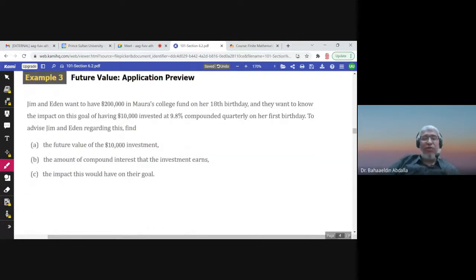Jim and Eden want to have $200,000 in Mora's college fund on her 18th birthday. So this is the future value they want to have. And they want to know the impact on this goal of having 10,000. So if they invest 10,000 at 9.8% compounded quarterly on her first birthday, to advise Jim and Eden regarding this,